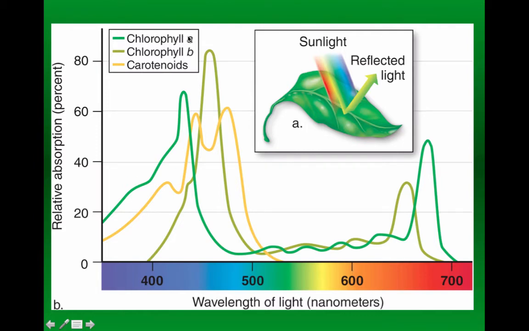For what we're going to say right now, chlorophyll A is kind of the main star of our show. With all this talk of photosynthesis, chlorophyll A is the star of the show. It's the main player in all of this. Chlorophyll B and carotenoids, those are both kind of like supporting actors and actresses. They're not really going to do anything directly to do photosynthesis, but they can help chlorophyll A do its part